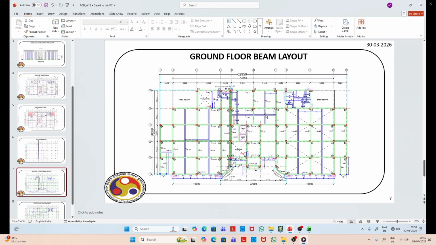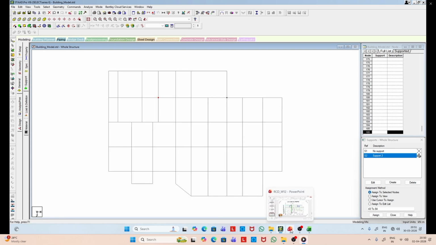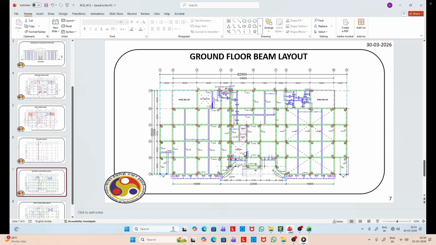Now we have to create the other beam. So we'll repeat the same procedure.